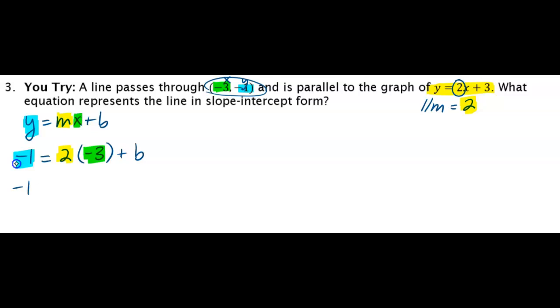So I would have -1 equals 2 times -3, which is -6. To get b by itself, I would have to add 6 to both sides. So I would get that b is equal to -1 plus 6, which is 5. So now my final answer,